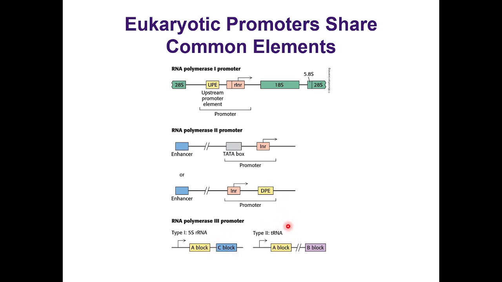Type 2, this is going to be for the tRNA. This right here is going to have the A block, and then we can have quite a bit of separation, and then we can have the B block, okay? And that's what that means whenever you see this double, that it has a fair amount of separation, okay? It doesn't usually have to be something super specific, and it can be a pretty wide range of separation, right? We just didn't want to actually say how much it is. When you see something like this, these actually have to be quite close to each other, okay? At least when you're talking about like DNA,